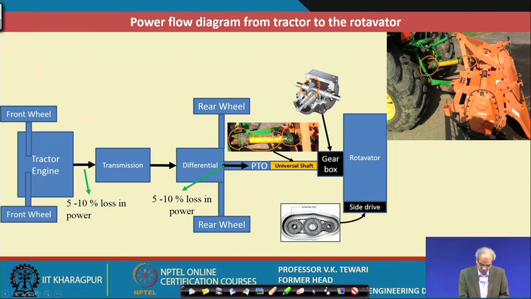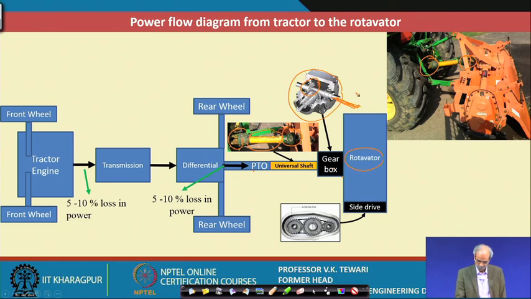So, using this cordon shaft and the two universal hook joints on the two ends, this PTO is connected to the gearbox, to this gearbox here, and then comes to the rotavator. Now, in the rotavator, as we have shown earlier, after this, the power is available here. Now, since the power is available here, how do you get this power to rotate the shaft, because this has